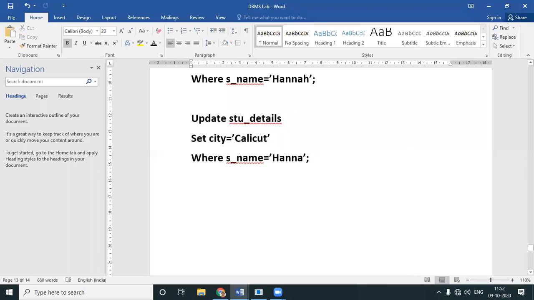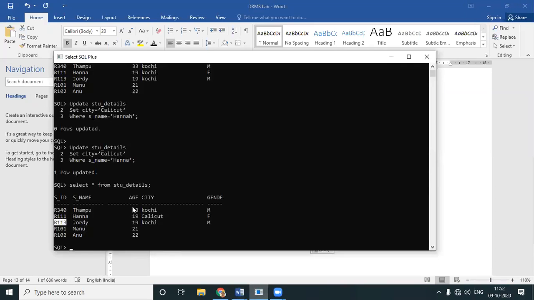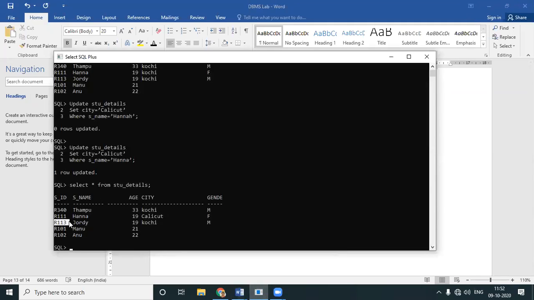You can also search where SID is equal to R113. R113 is Jordi, and it's written age is equal to 19. I want to change his age.